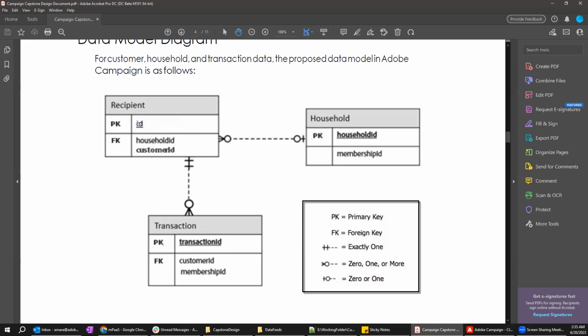And you need to first work on designing the data model. Once you design the data model, then you work with the source system in bringing that relevant data into Adobe Campaign. Any questions so far? No, Sundar. Okay. So now